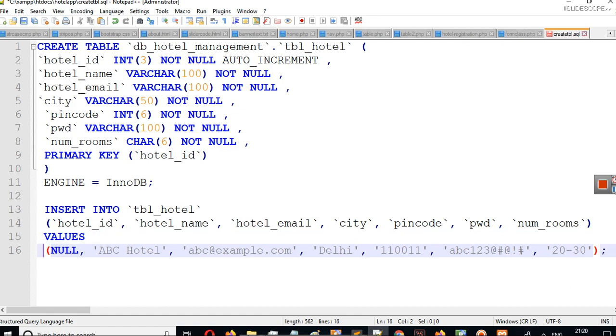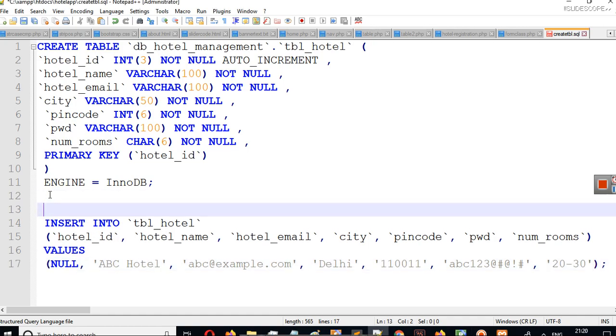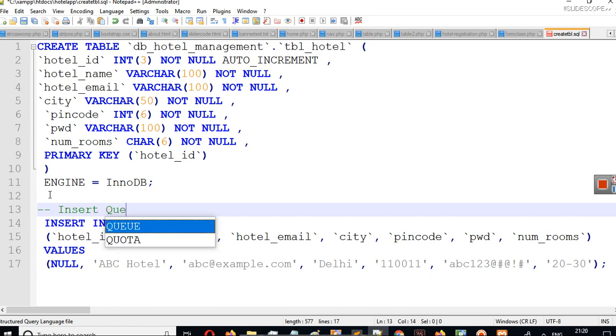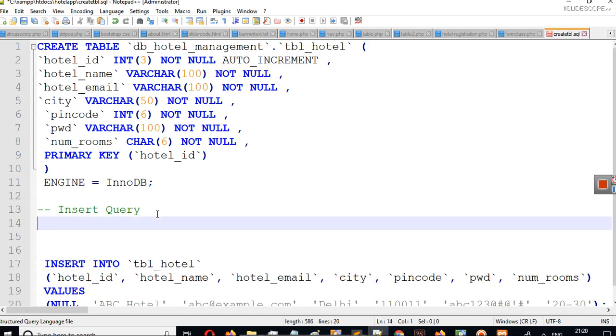So this is the command for insert, guys. In SQL, if you have to write comments, you can write two hyphens. This is a single line comment, and this is an insert query in SQL. How you can insert data in SQL? Sorry about that noise. So insert into table name. I will write it here first so that you can match it.